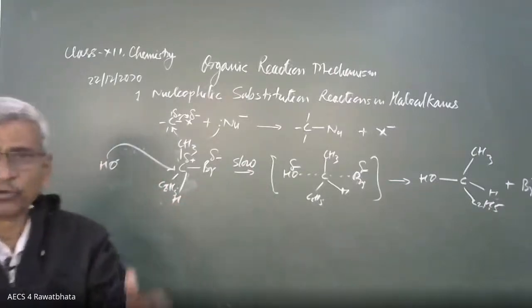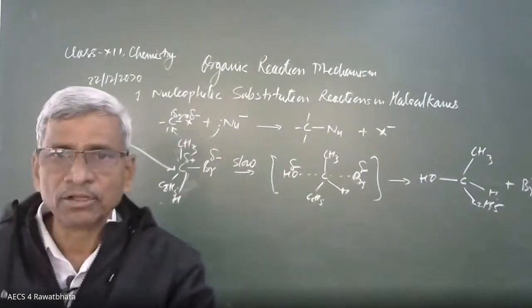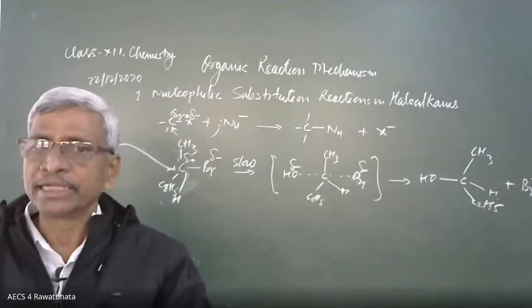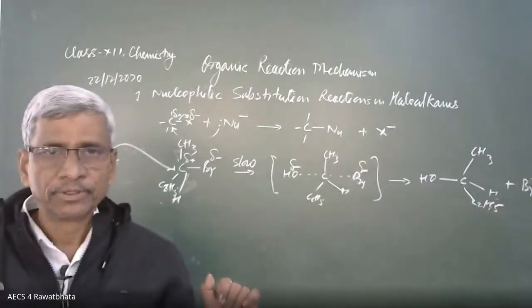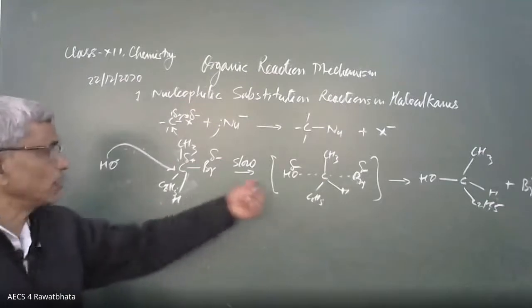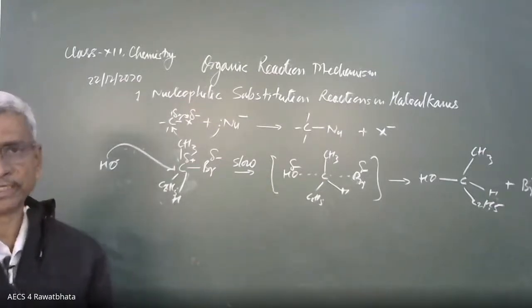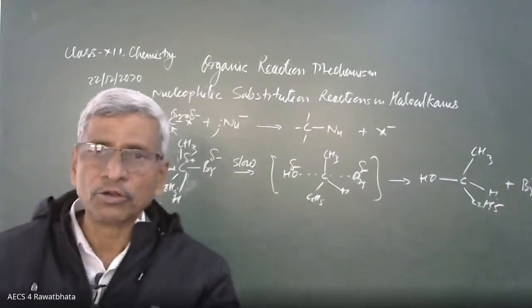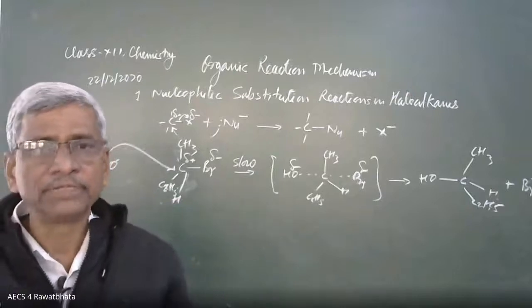By seeing the formula, we cannot decide its optical activity, whether it is levo or dextro. It is decided only by the instrument. But if it is levo, then the product will be just the opposite of that. This is called an inversion reaction. In the SN2 mechanism, an inversion reaction also takes place if the optically active compound is there.